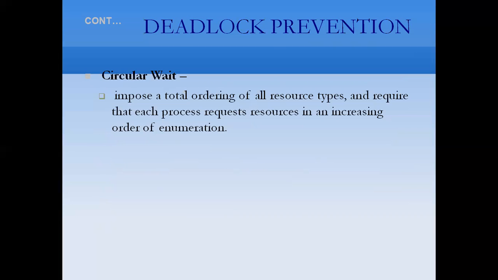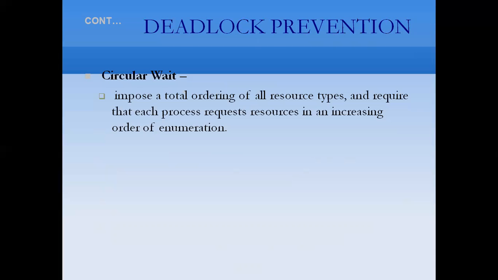One way to ensure that this condition never holds is to impose a total ordering of resource types and to require that each process request resources in an increasing order of enumeration. For example, let R = {R1, R2, ..., Rn} be the set of resources, and R includes a tape drive, a disk drive and a printer.